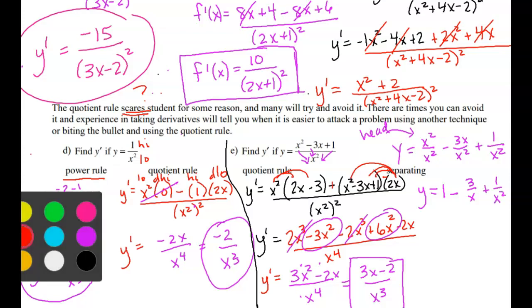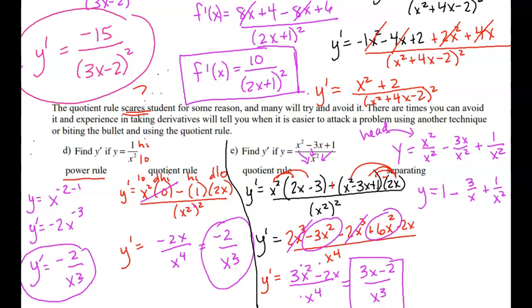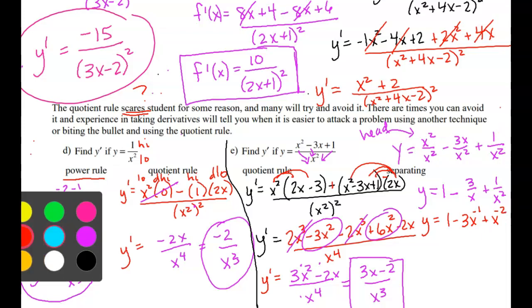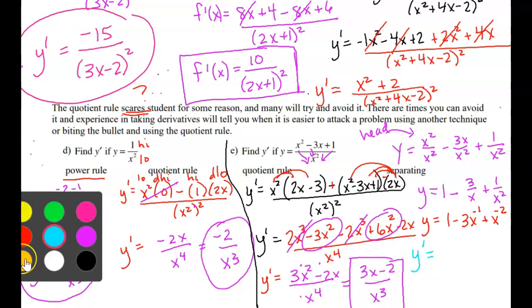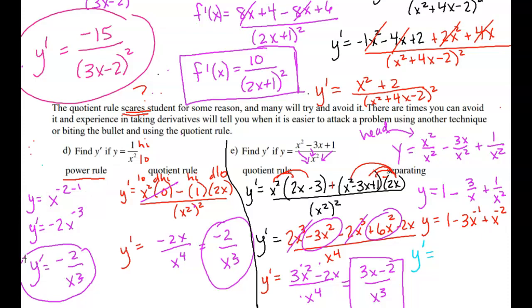Okay? So if I want to take this derivative, I actually have powers. So I'm going to rewrite this, and notice it's still the original, as x to the negative first plus x to the negative second. Does that make sense? So then when we go to take our derivative, notice, I changed notation. Ooh, I don't like that. Let's go back to pink. Well, 1 goes to 0. I'm going to bring that power down and subtract 1. Bring that power down and subtract 1. So then if we write this without negative exponents,